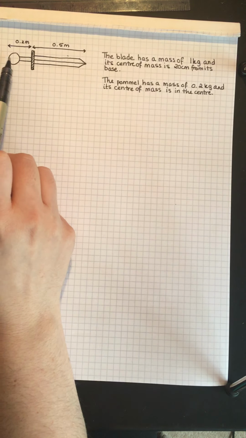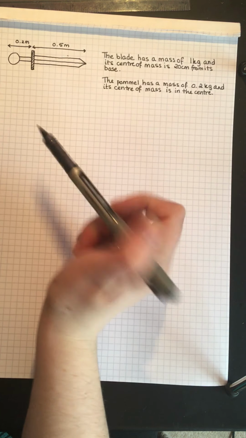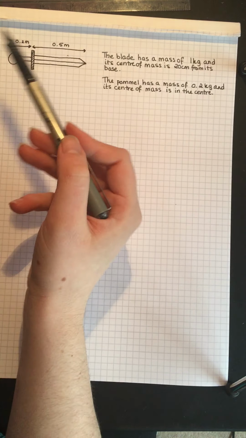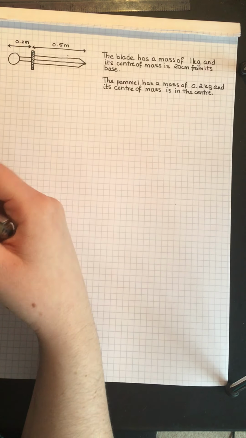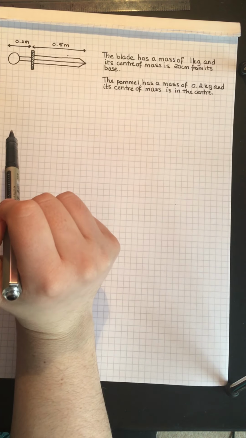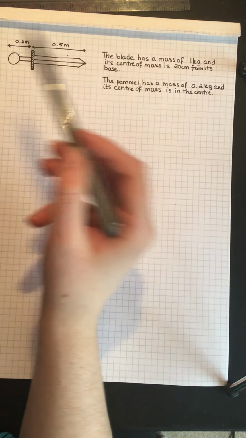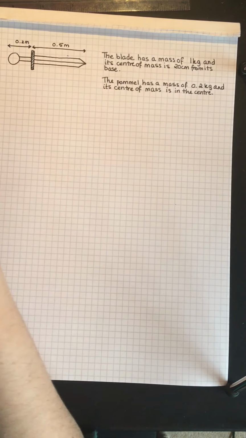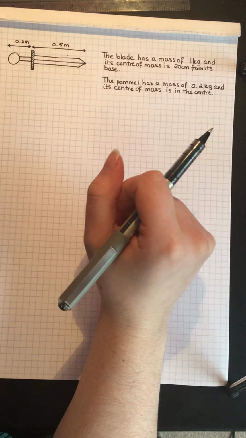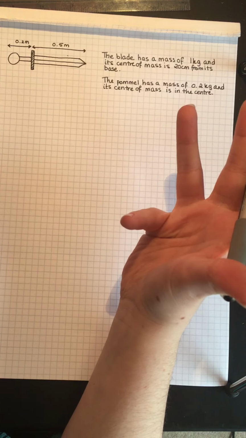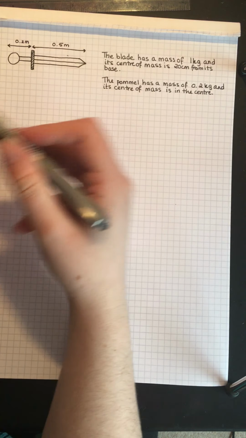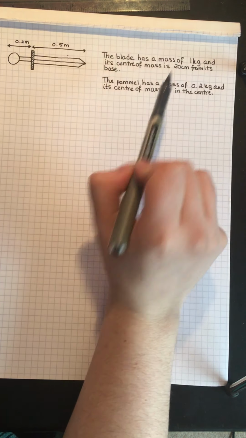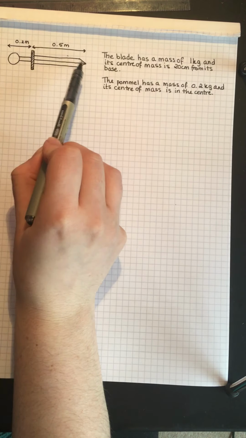So that means that the centre of mass is definitely going to be along that line, so along the axis of symmetry. So that means that we can actually treat this as a one-dimensional body again. We just need to think about the different parts of it and where their masses will be acting, and we can treat it exactly the same as the last example, where we can just treat it as a system of point masses. In this case, it's only got two parts, so it's just 2 point masses, and it'll be quite simple. So, looking at what I've written down over here, the blade, this part, has a mass